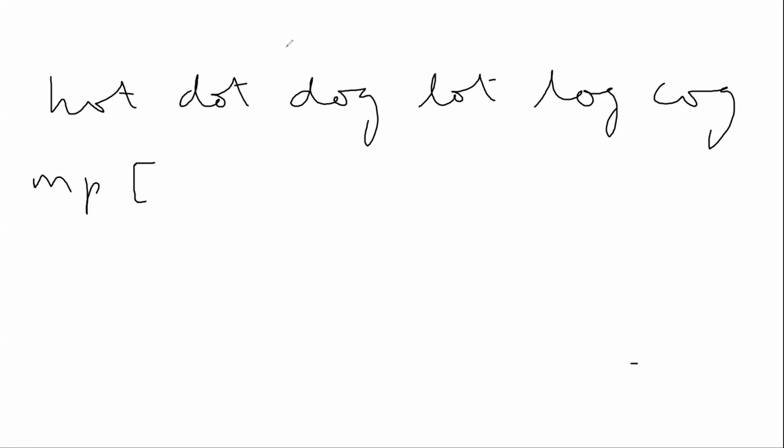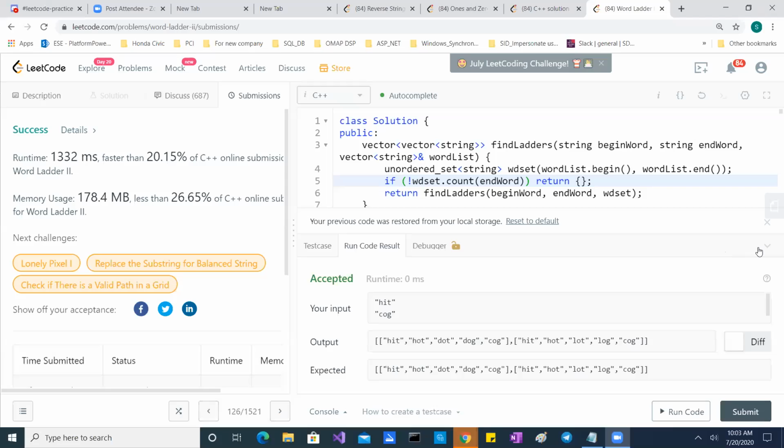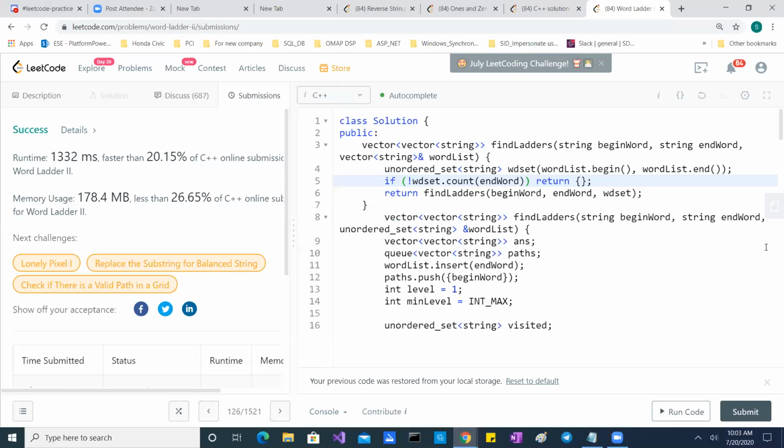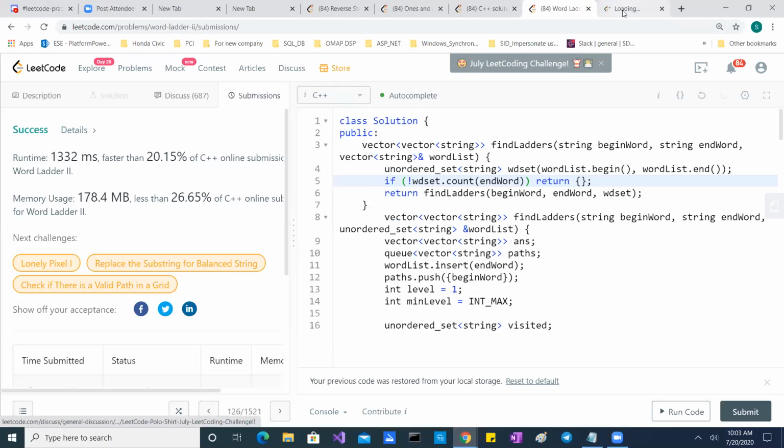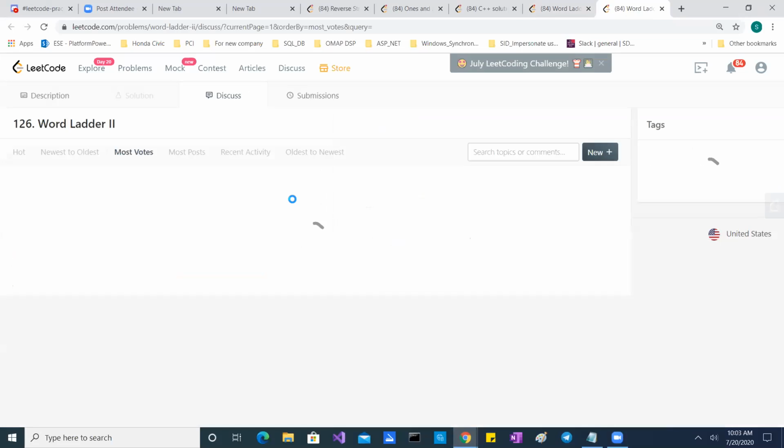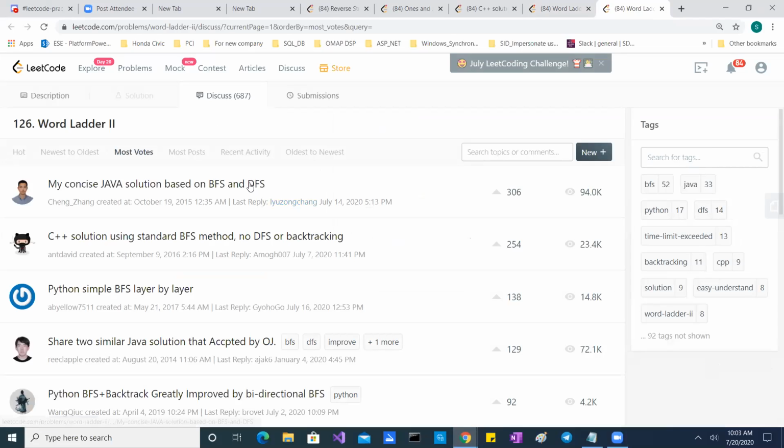Could we look at the discussion? There's one thing they say, that they can solve it with only a simple breadth-first search. Yeah, so I will just share that. So they are talking about this one, right? It can be solved using BFS, correct? Oh no, on the discussion, not the solution. Which one do you want to go to? It is slightly difficult to understand. And the second one.